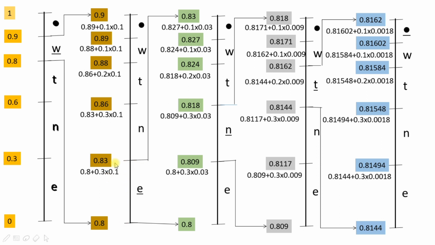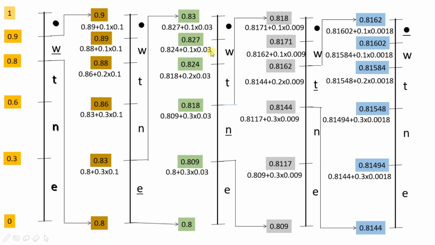So this range is 0.83 minus 0.8, that will give you 0.03. Then for n, the upper bound is 0.809. So this 0.09 is the lower bound of n. Then this 0.3 is the probability of n. Then 0.03 is this range, so 0.83 minus 0.8. And similarly, the same procedure is carried out for finding the upper bound for t, w